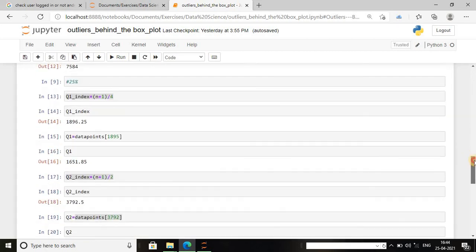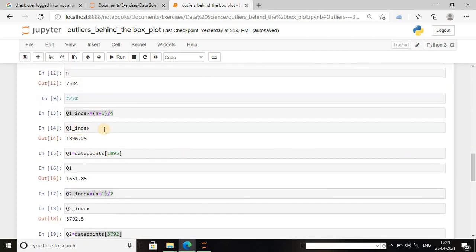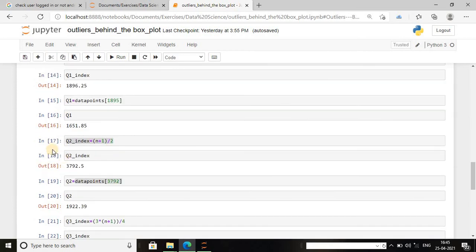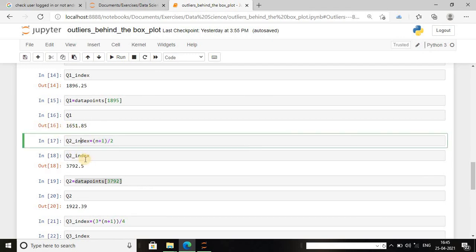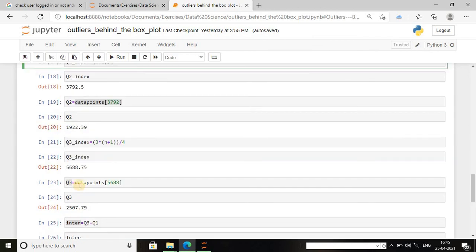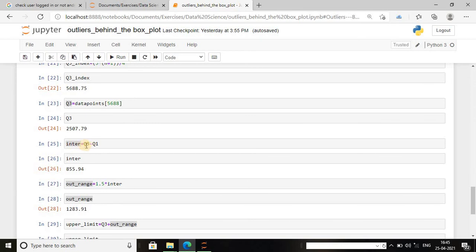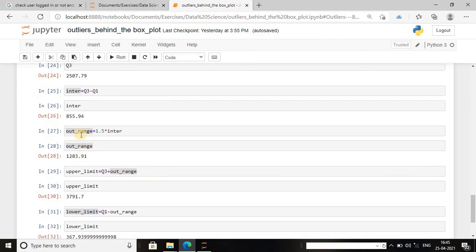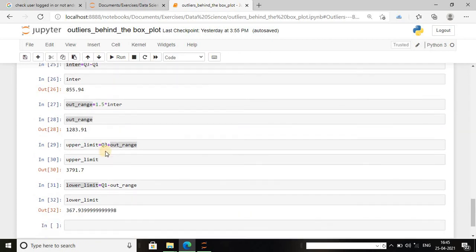So these are the values. This will be the index for the 25% quartile, and this is the 25% quartile value observation. This will be the index for the 50% quartile, and this will be the index for the 75% quartile. This is the interquartile range, the difference between the 75% quartile and the 25% quartile, and this is the outlier range, which equals 1.5 times the interquartile range.